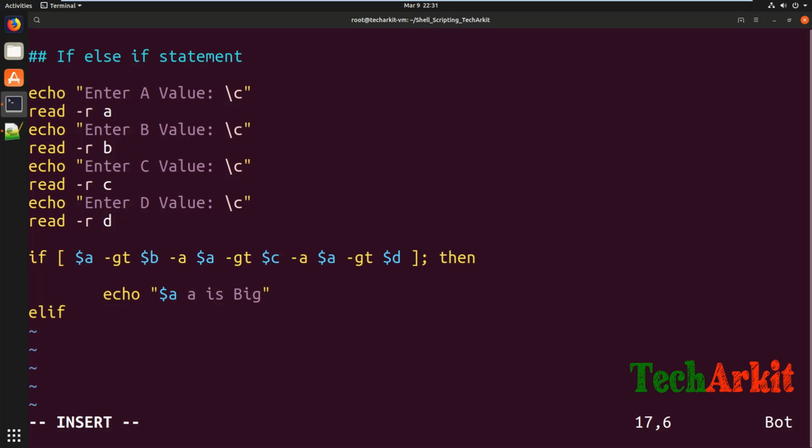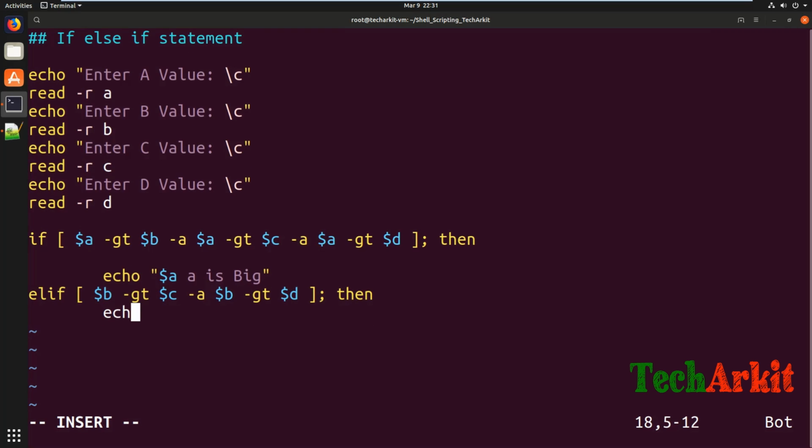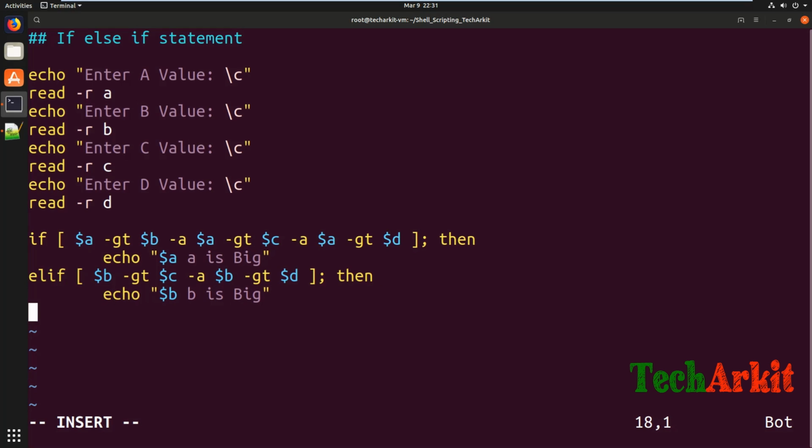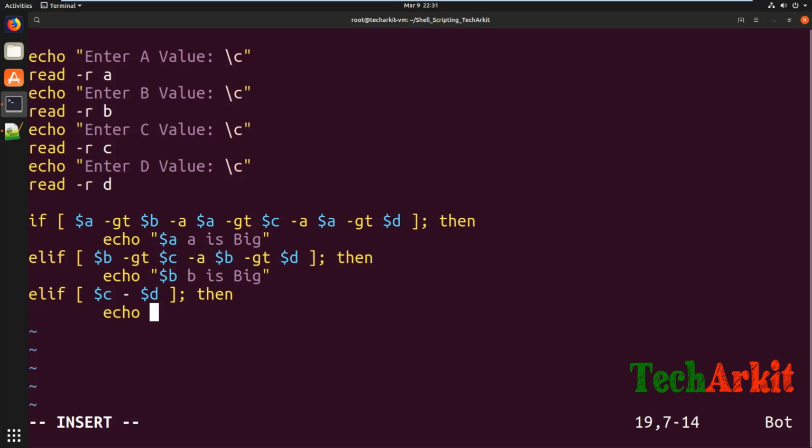That is going to be the elif statement, and again I'm going to validate that the b value is greater than c, and $b greater than $d, then it should write the echo statement: $b is big. Now I'm going to write one more statement, which again validates the last values: if $c is greater than $d, then write the echo statement saying that $c is big,